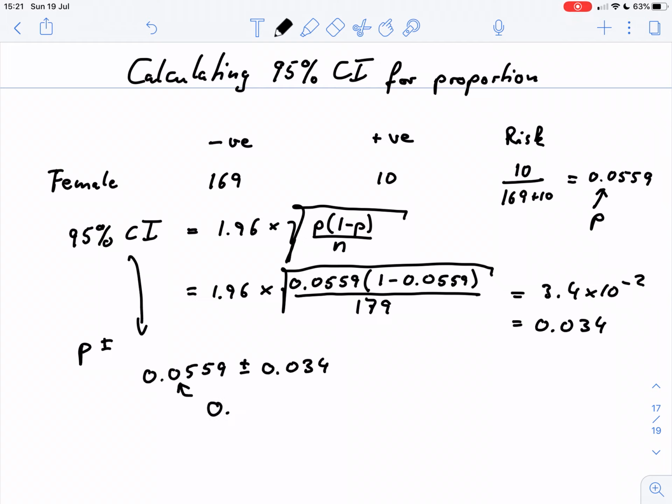So we would report this as 0.056 plus minus 0.034. We would have to say that this is the 95% confidence interval, where we believe in this range the